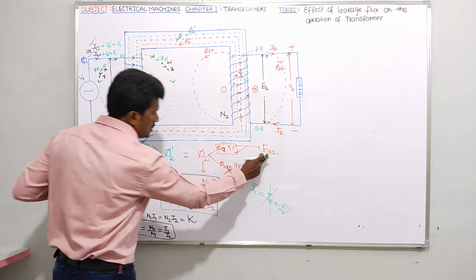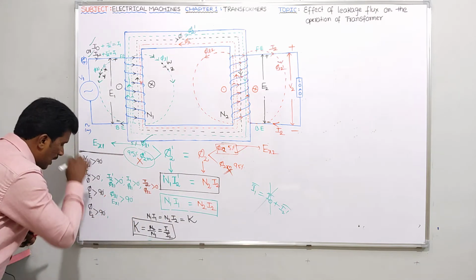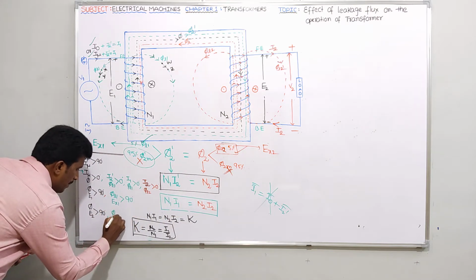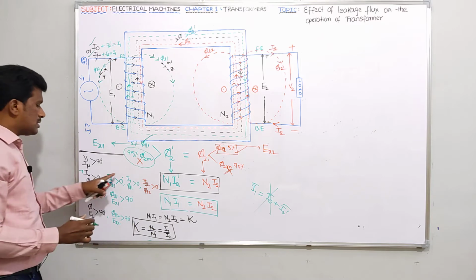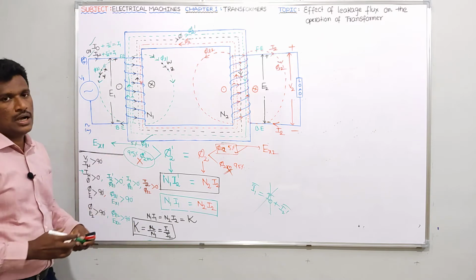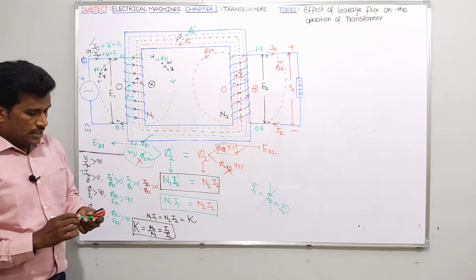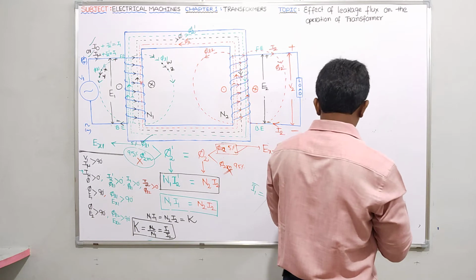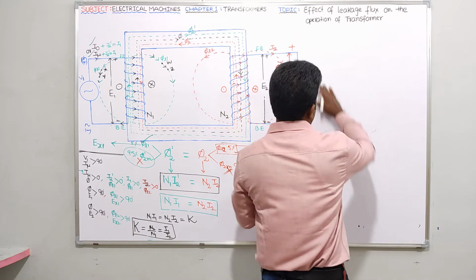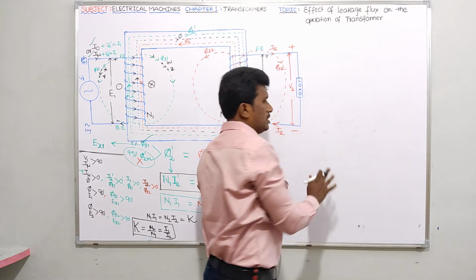Similarly, this EX2 is produced because of this pi L2. Because of Lenz's law, the angle between pi L2 and EX2 will be how much here? 90 degrees. So you should know these things for understanding the vector diagram which I am going to draw. Okay guys? Right. Now please let me draw the vector diagram here. Very simple. Please try to follow systematically, in sequence, so the vector diagram becomes very easy for you.